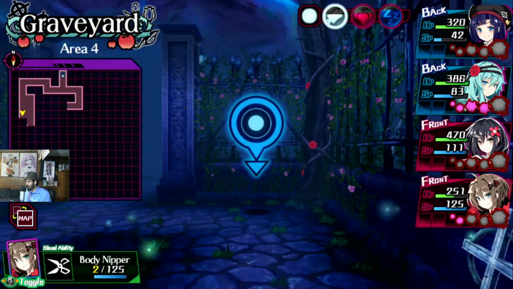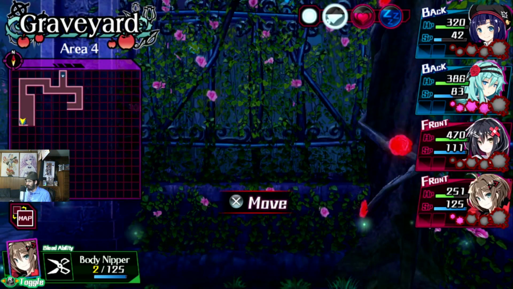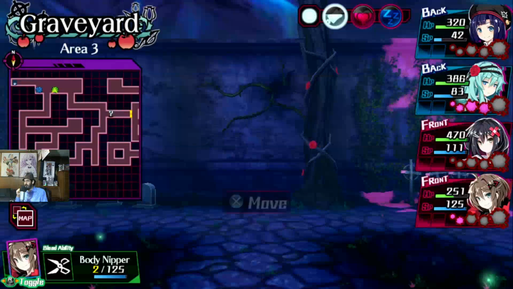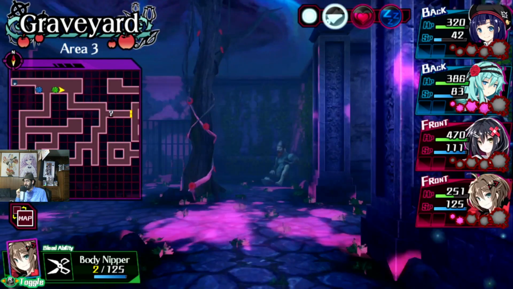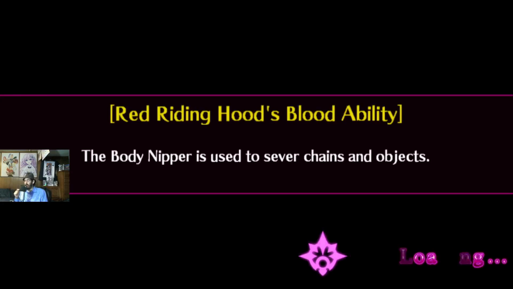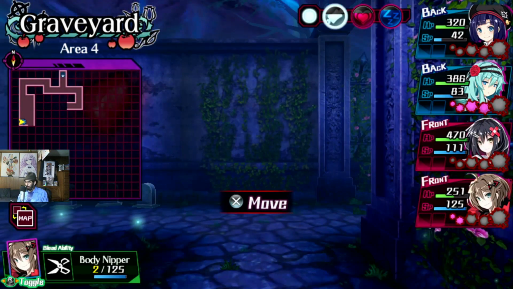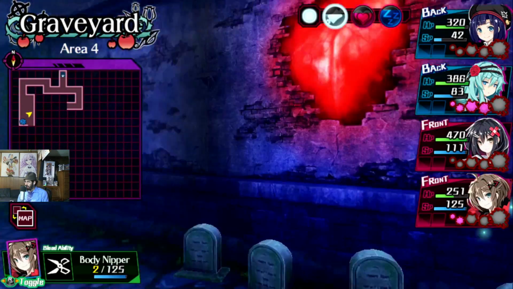We're not going to get too far into exploring this. I just kind of want to map out. We know where the story continues, so we know next time where to go to. Yeah, it takes us back to Area 3, okay. We know where to go next time in order to hopefully fight the boss. But before we do that...